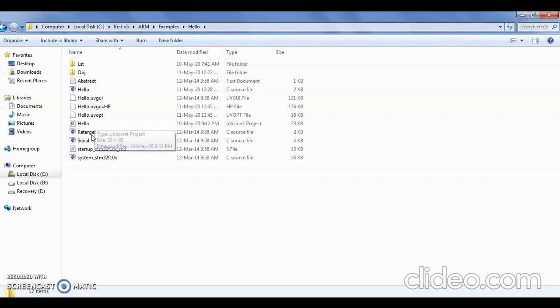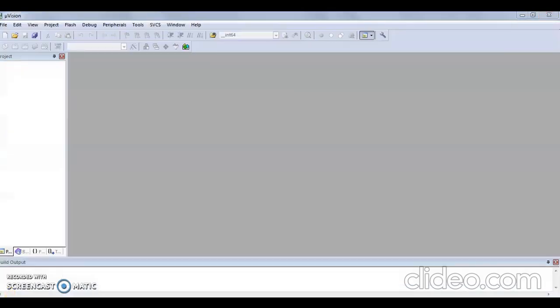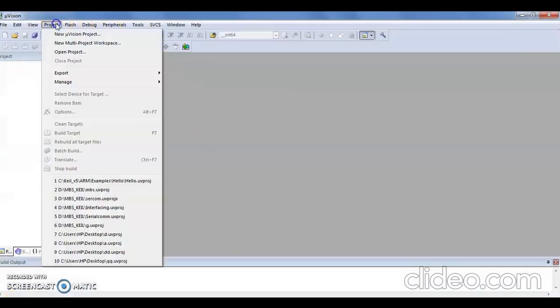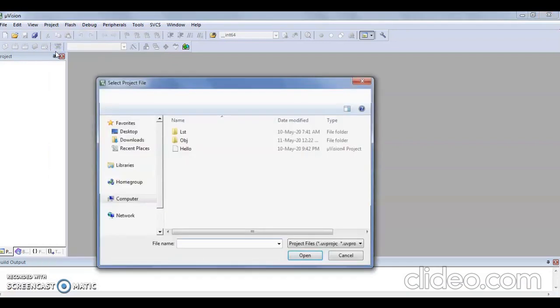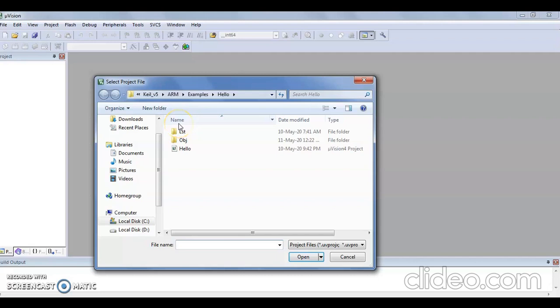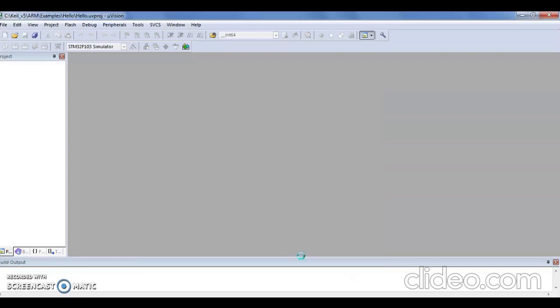Coming to the programming, first I'll go to project, click on open project, go to the path shown recently, ARM examples Hello, and open the Microvision project, which would be saved as hello.uvproj or an older extension in the older versions of Keil.